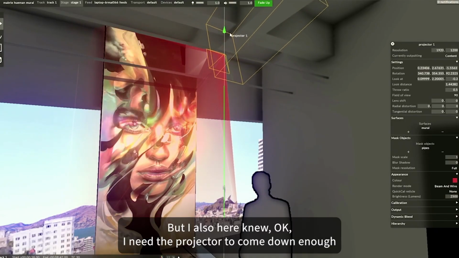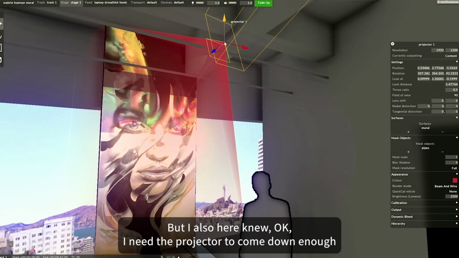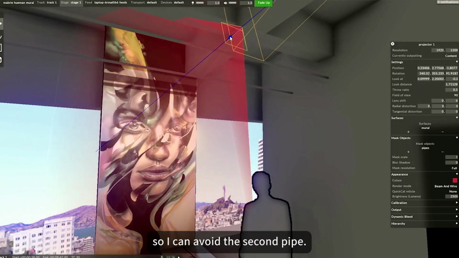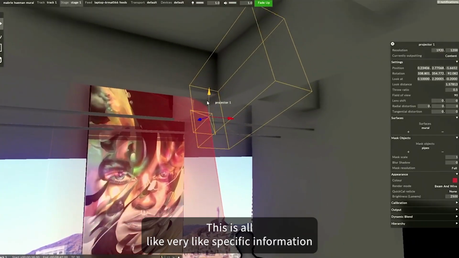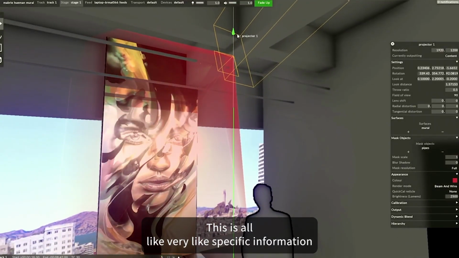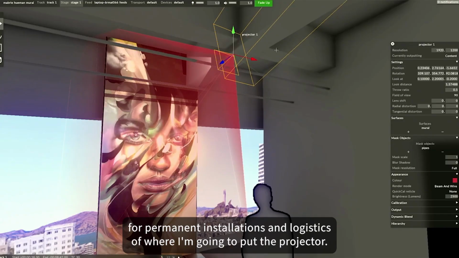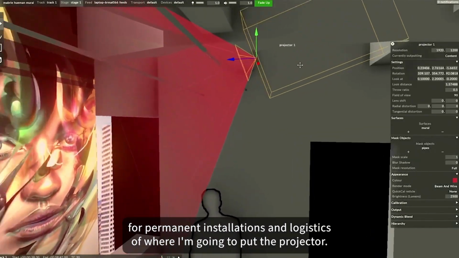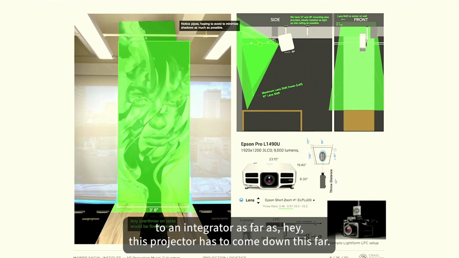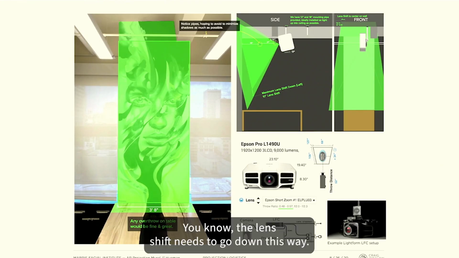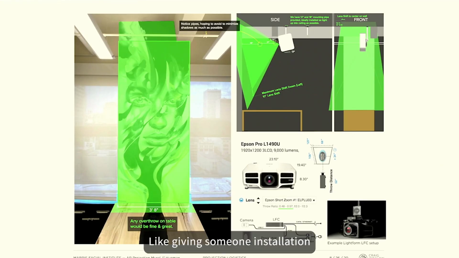But I also here knew, okay, I need the projector to come down enough so I can avoid the second pipe. So I'm choosing between pipes. Again, this is all very specific information for permanent installations and logistics of where I'm going to put the projector. And then I gave this diagram to an integrator as far as, hey, this projector has to come down this far. The lens shift needs to go down this way. Overthrow on the table is great. Like giving someone